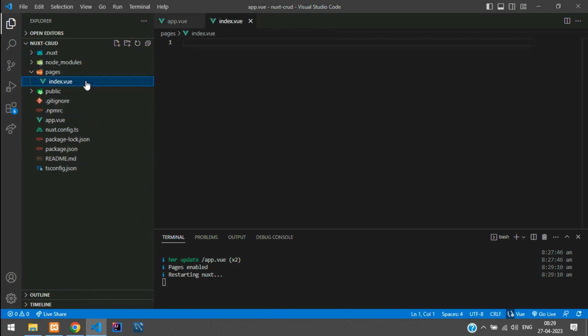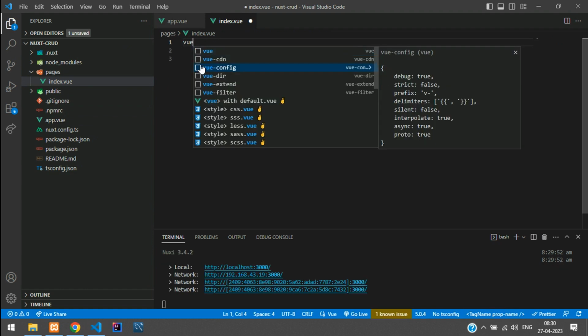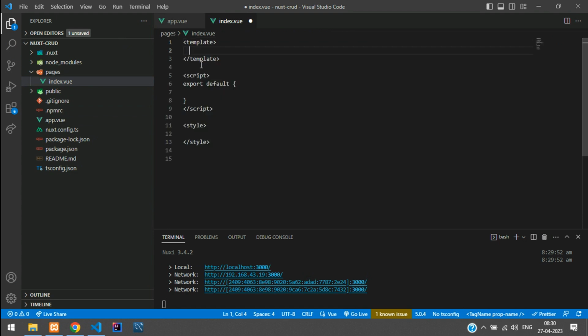Hit enter, and here is your index page. Done guys. So you can use the Vue extension. So yep, hit enter and you set up this. Okay, so here I don't require this type. So let me remove it and just add a setup here. And then you can